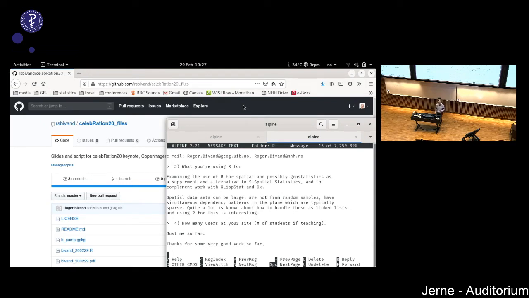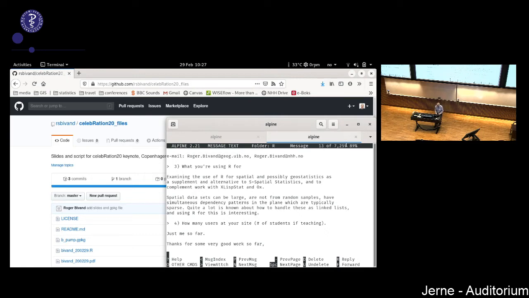It says that the intention in early 1997 was to examine using R for spatial and possibly spatial statistics, geostatistics, in addition to S+, and possibly XLisp-Stat and OX. I also had some code in awk, but it was difficult to use that with students. And I think the thanks for some very good work so far still applies.